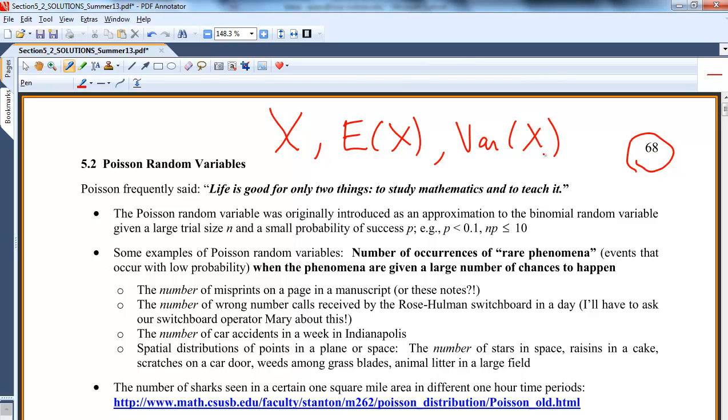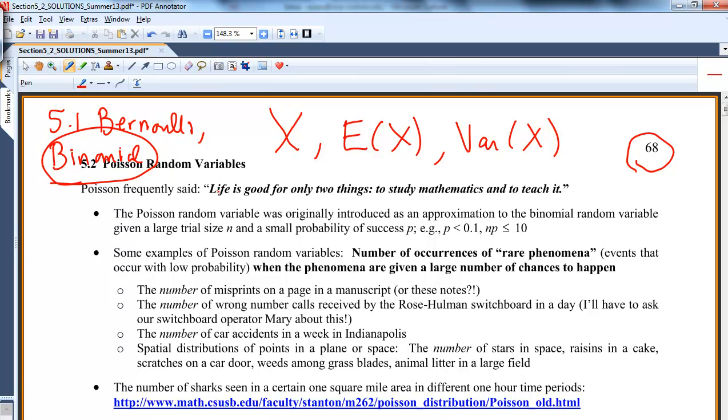In section 5.1, we learned there are lots of special kinds of random variables, and you learned 2 of them. One of them, probably the easiest, is the Bernoulli. Then in 5.1 there was also the binomial. So it's not until section 5.2 that you see your third random variable. What we're trying to do is classify them into groupings. So when you see a problem that says, I'm going to go down to the gym and shoot 10 baskets, and what's the probability I make 5 of them? You go, oh, that's in the form of a binomial. You're going to do something n times and count the number of successes.